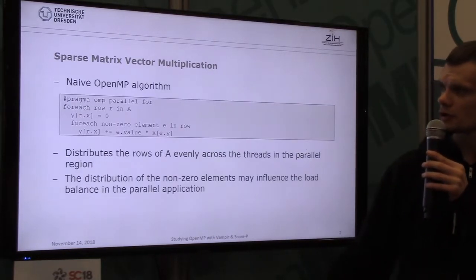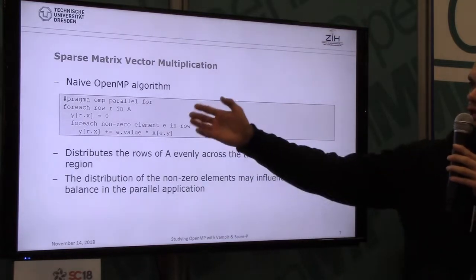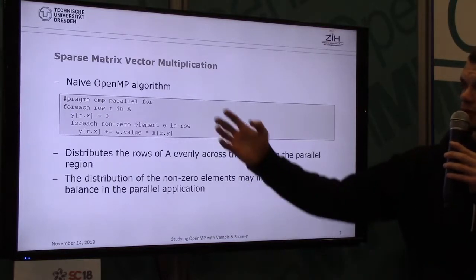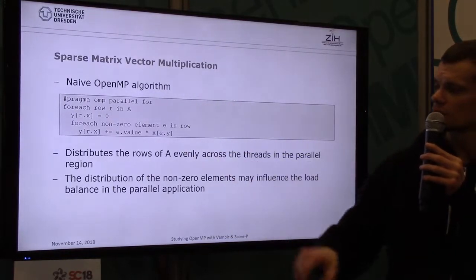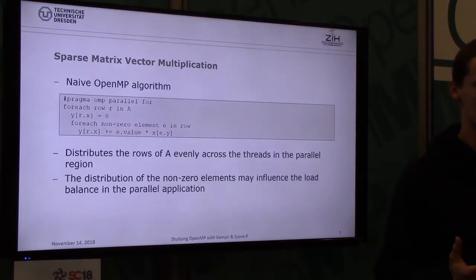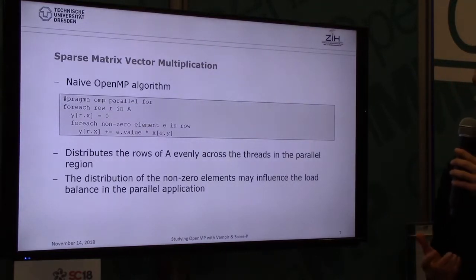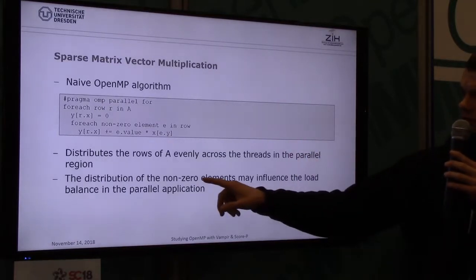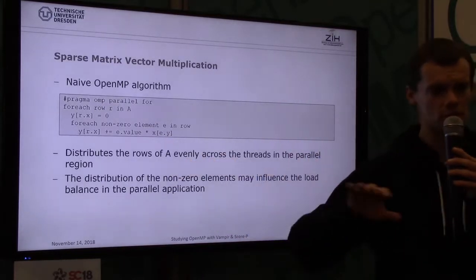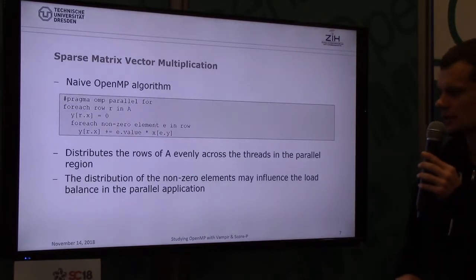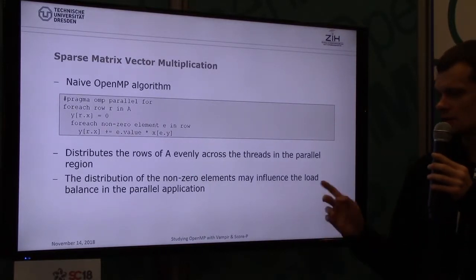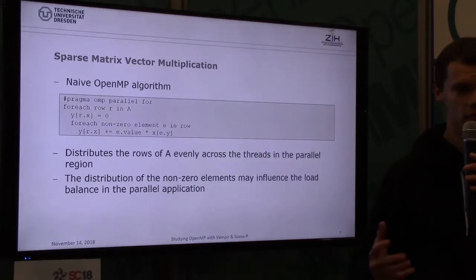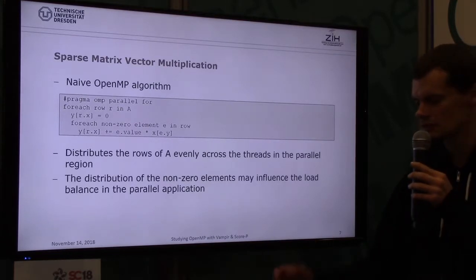So if you start to implement this naive algorithm, it can look like this. You have your pragma OpenMP to parallelize the loop, and you have a switch statement to do the computation only for these elements populated with non-zero values. And as you can see, these non-zero elements, especially the distribution of these non-zero elements, may influence the load balancing of your whole application. Yeah, and if you use Score-P to instrument such an application, you run it, record a